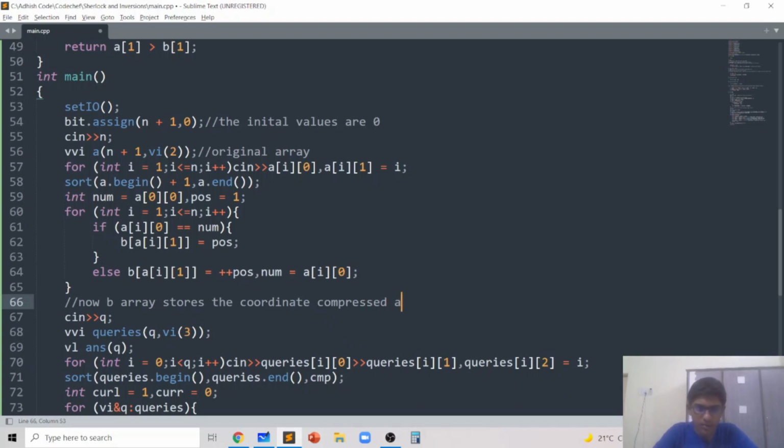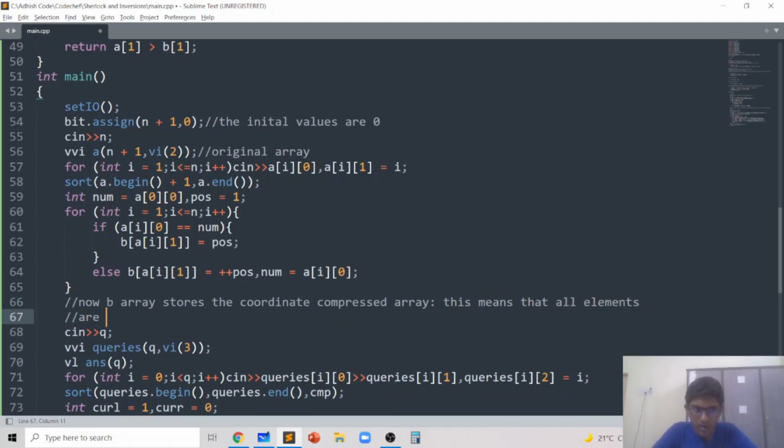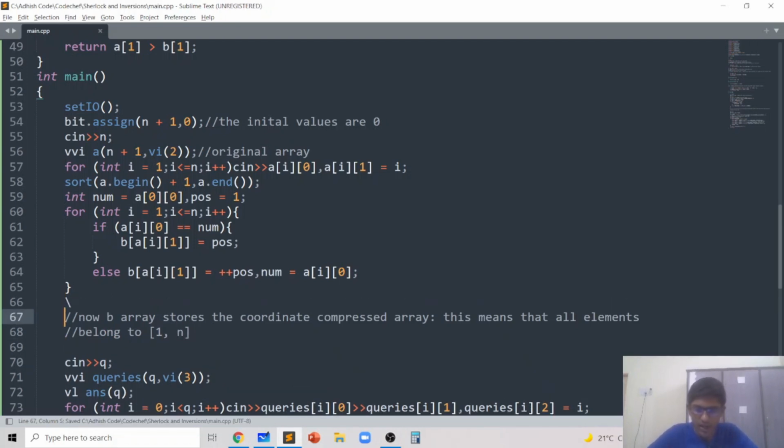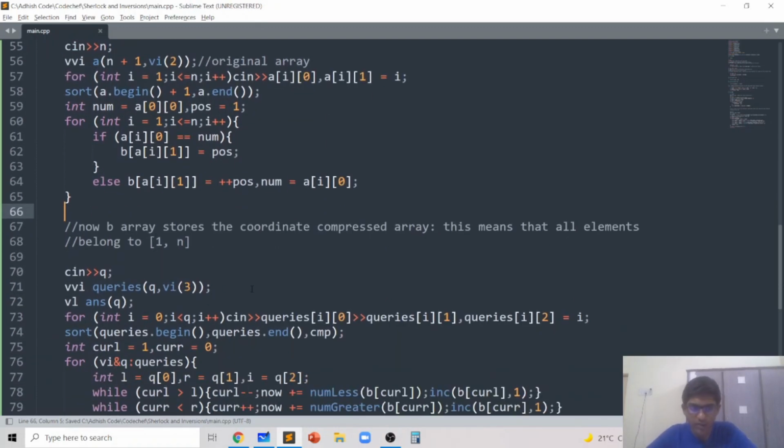This just means that all elements belong to 1 to n, that's what the coordinate compressed array means. And that's why we can use the binary index tree to store the frequency. Otherwise we can't use the binary index tree to store the frequency.